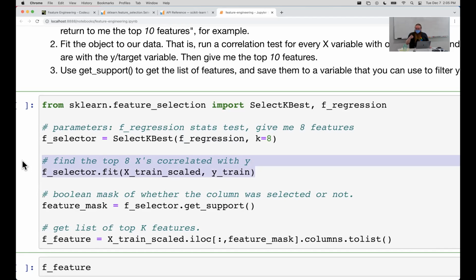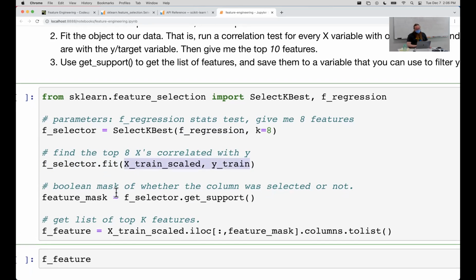So modeling and scaling all have the same process. Step 1, you make the sklearn object. Step 2, you fit the sklearn object. What do you fit it on? Your training data, right? Not your validate, not your test, but your train data. And then we use the thing. So step 3 is